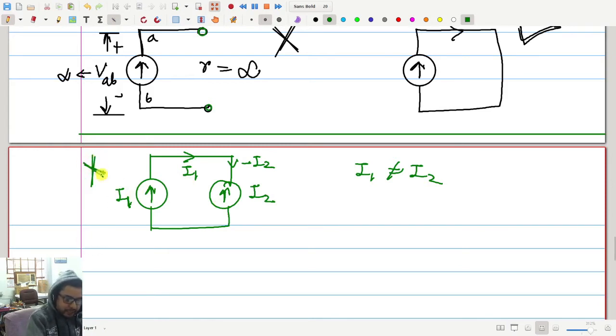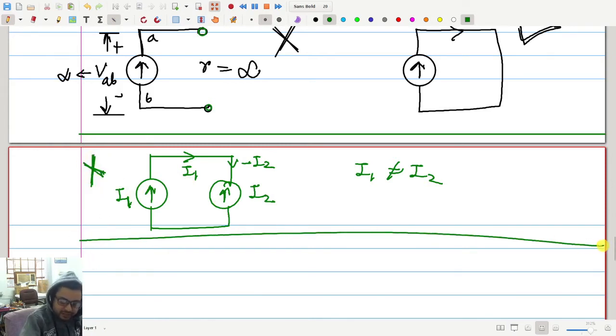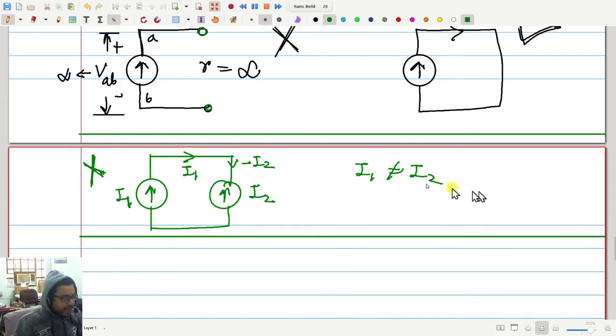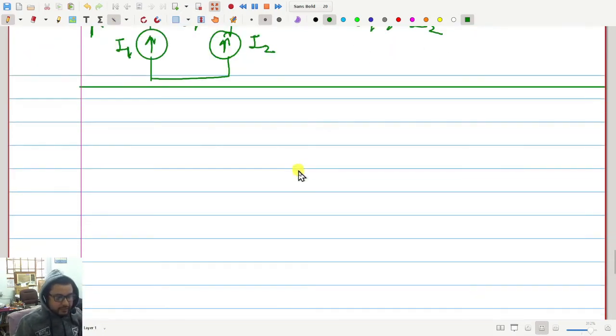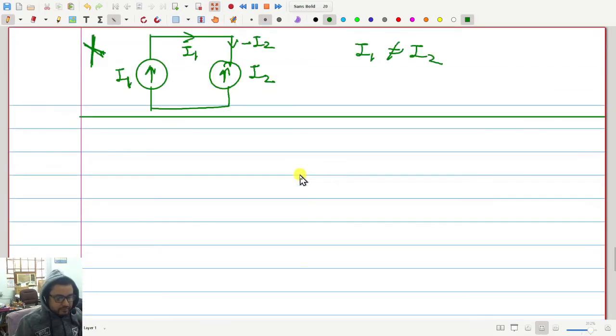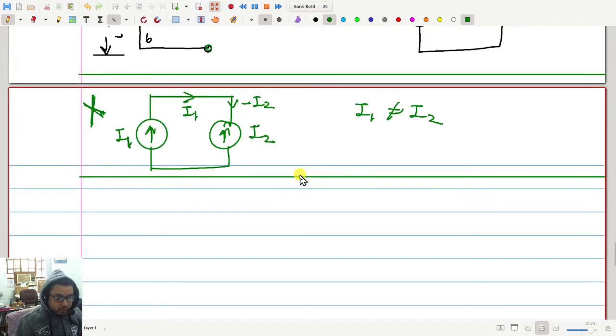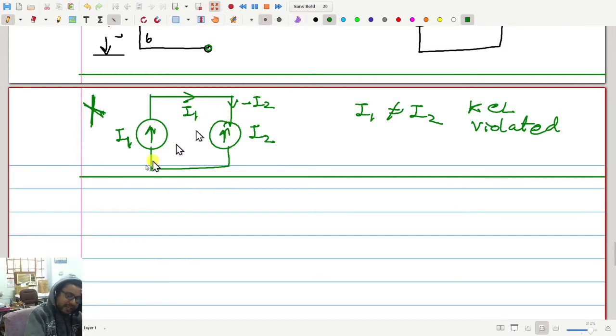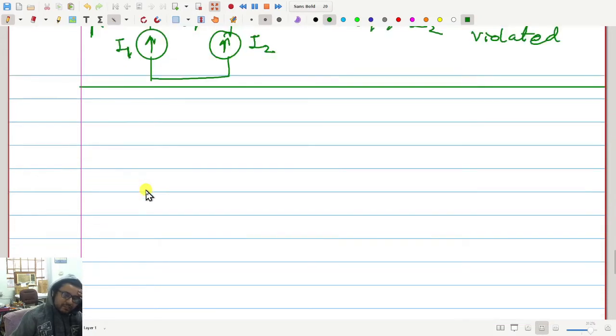Okay, so again this is a bad thing to try. Please allow me to proceed. I will take up questions later. Ultimately, I1 minus I2 will be the current in the wire. Here KCL is violated. It's mathematically impossible, and practically dangerous. Please allow me to proceed.